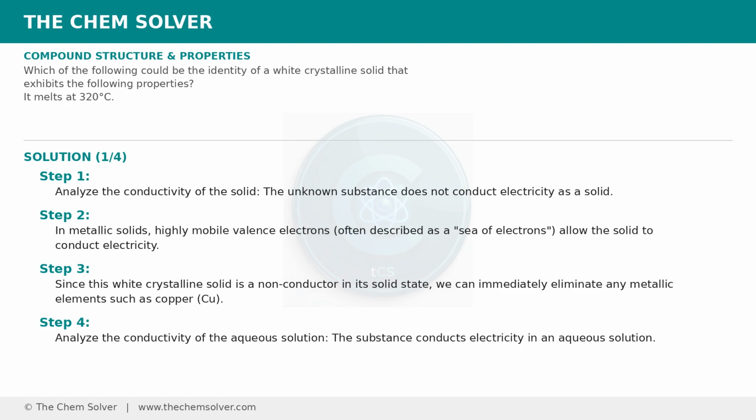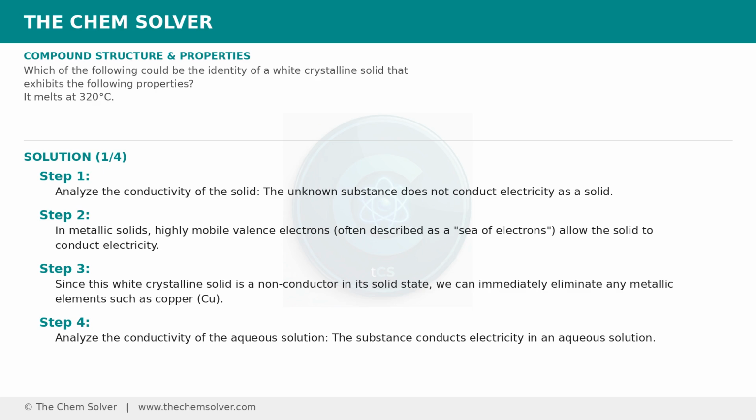Analyze the conductivity of the solid. The unknown substance does not conduct electricity as a solid. In metallic solids, highly mobile valence electrons, often described as a sea of electrons, allow the solid to conduct electricity. Since this white crystalline solid is a non-conductor in its solid state, we can immediately eliminate any metallic elements, such